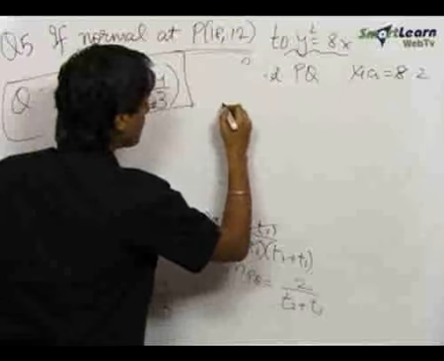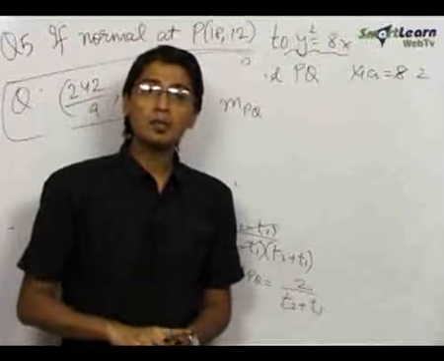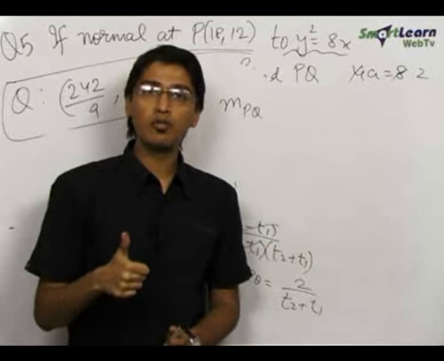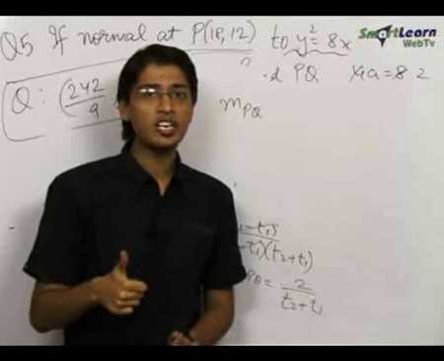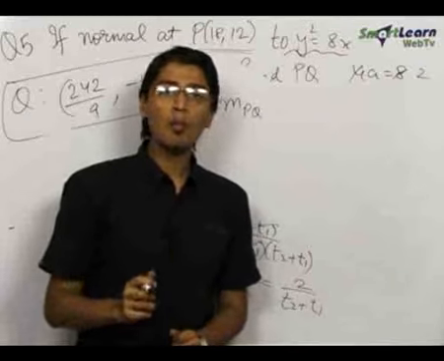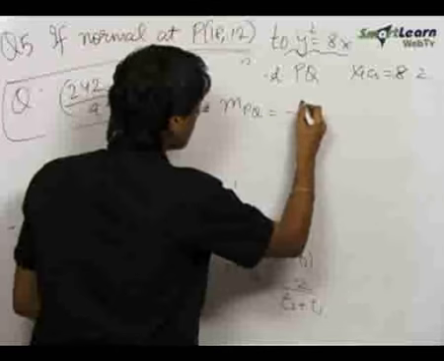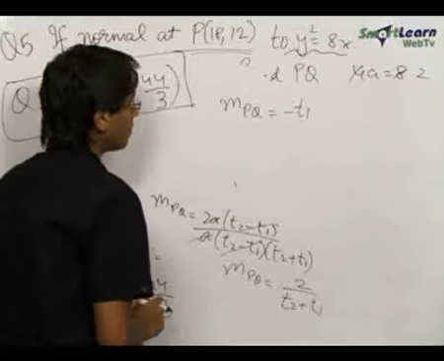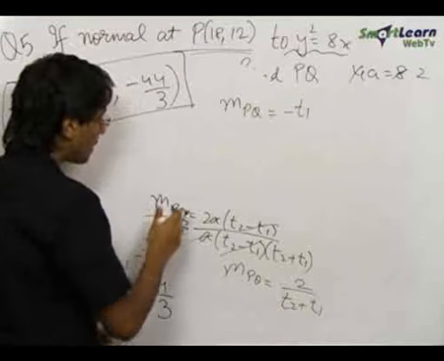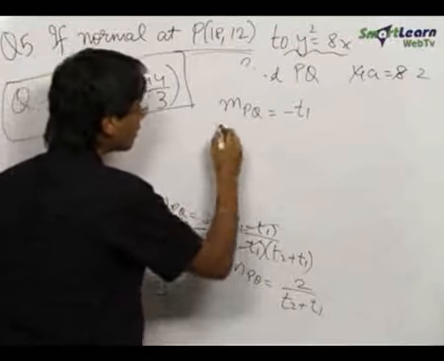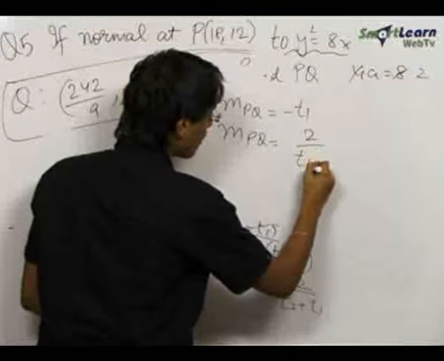So the slope of line PQ we found in two different ways. First, PQ is acting as the normal for the parabola y² = 4ax. So we found the slope of the tangent by differentiating the equation, then the slope of the normal is the negative reciprocal of the tangent slope. Hence we found the slope of PQ as −t1 by the normal method. And then since PQ is satisfied by the points P and Q, we found the slope of PQ by the two-point formula as 2/(t1 + t2).